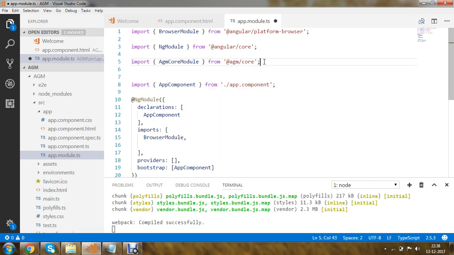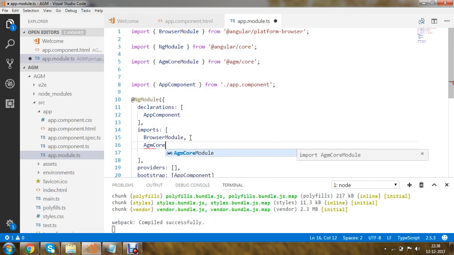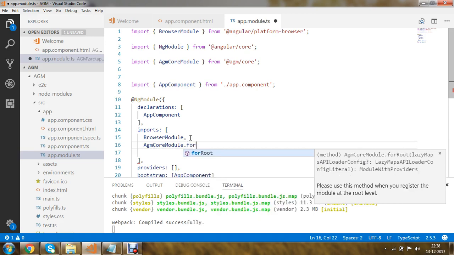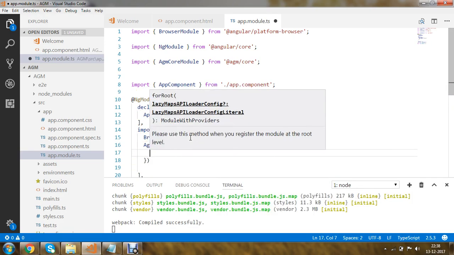Okay, one more step you have to do within this app.module.ts. Within this imports section, you have to specify AgmCoreModule, and this AgmCoreModule receives the value in an array format. So I'm going to make use of forRoot, and it is going to receive certain parameters from you.